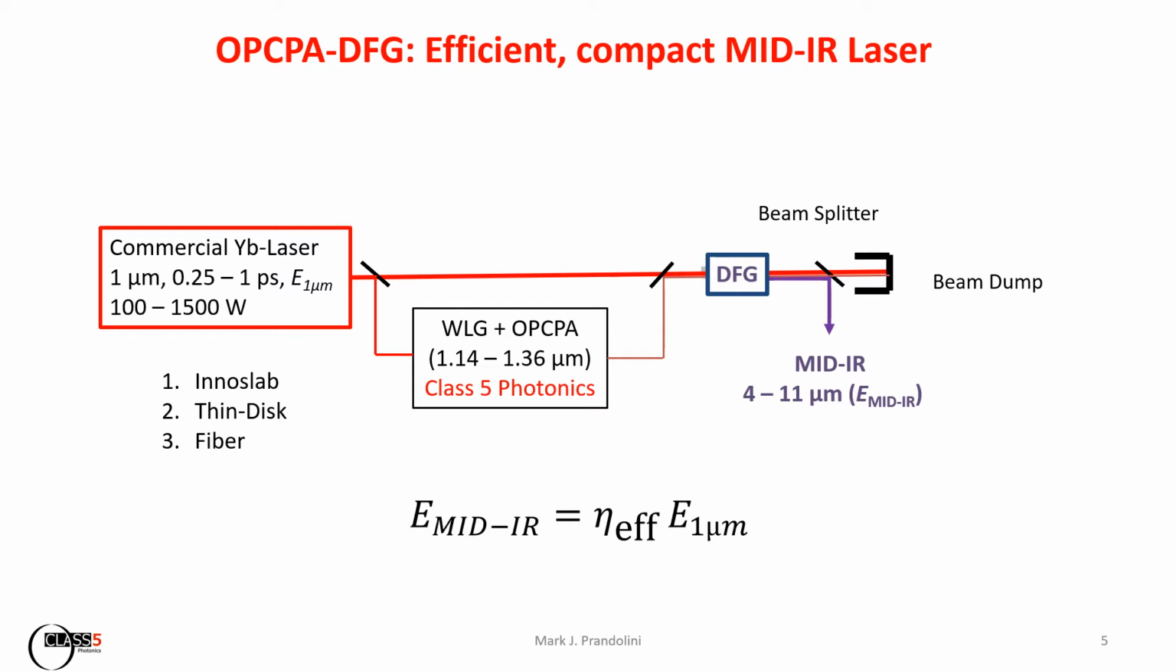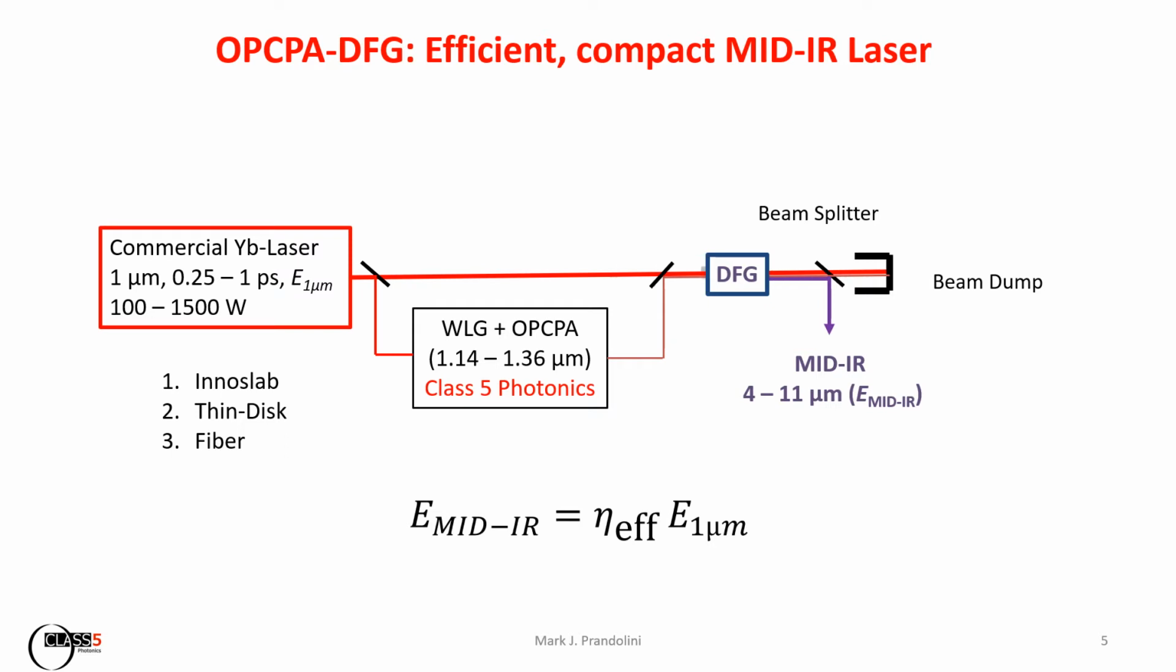Well, the heart of the system is a single DFG stage, pumped directly by the pump laser, and the seed is supplied by a white light generator plus OPCPA, White Dwarf, from Class 5 Photonics. It has an output wavelength between 1.14 and 1.36 micrometers. These 2 signals combine, and the final output idler, which is the mid-IR, has a wavelength range between 4 and 11